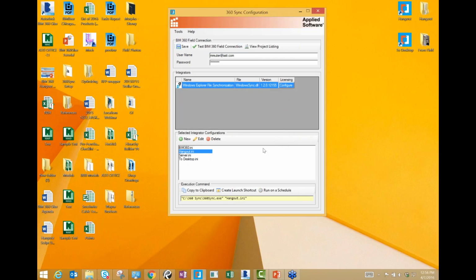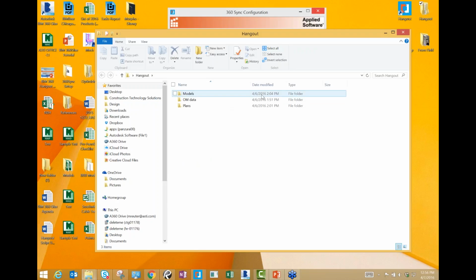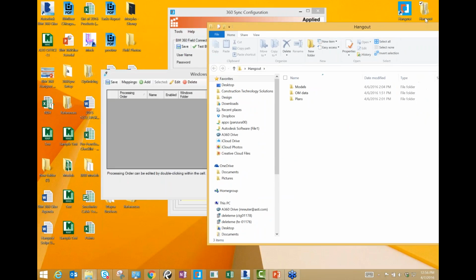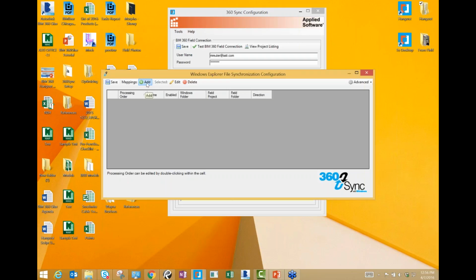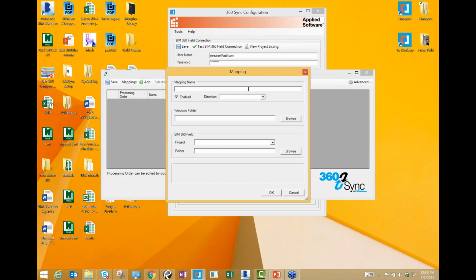What you can do is, let's say you have similar to what I have with my Hangout structure. You could set up your entire library folder structure prior to uploading it to Field. Just like this, you could have folders and subfolders, however you wanted to organize it, okay? And then basically all you would do is, if you wanted to update that, then you just, let's see,